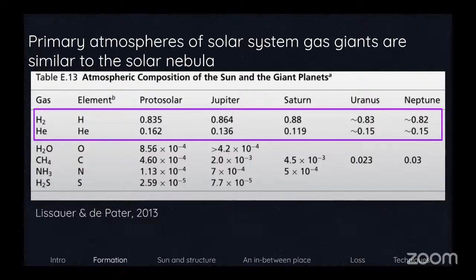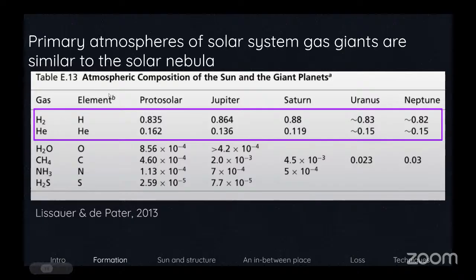So I usually don't like to put tables on slides because it's like, I'm trying to read a table on a slide. But this is a nice simple one. I wanted to call out the top row. We think that primary atmospheres tend to be hydrogen dominated and reflect what was going on in the early days of the solar system, partially by looking at the gas giants in our very own system.